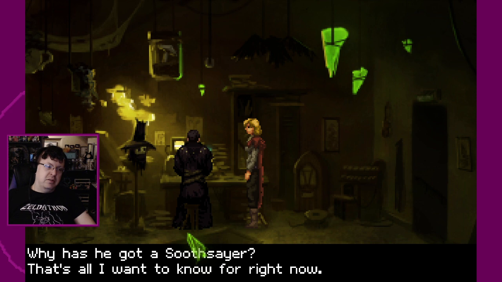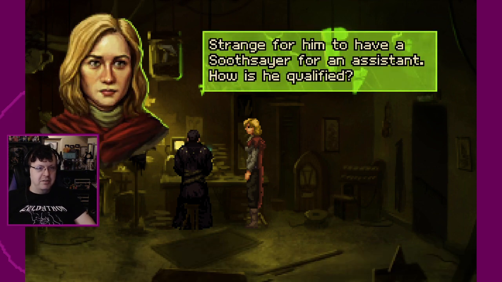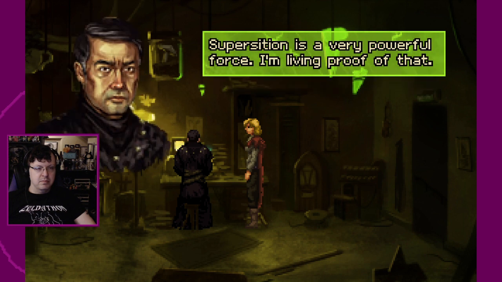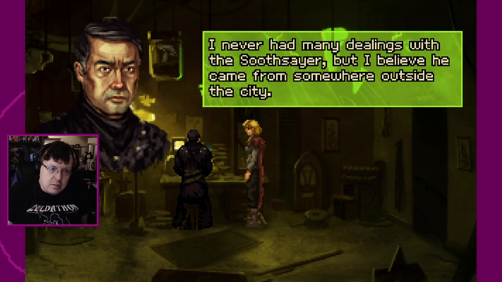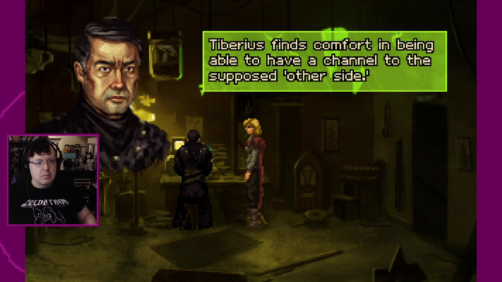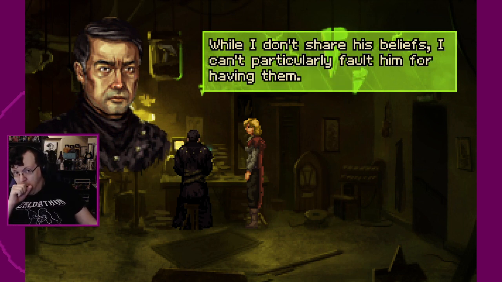So good intentions based on a bad model and bad execution. Strange for him to have a soothsayer for an assistant. How is he qualified? Superstition is a very powerful force. I'm living proof of that. I never had many dealings with the soothsayer, but I believe he came from somewhere outside the city. Tiberius finds comfort in being able to have a channel to the supposed other side. While I don't share his beliefs, I can't particularly...